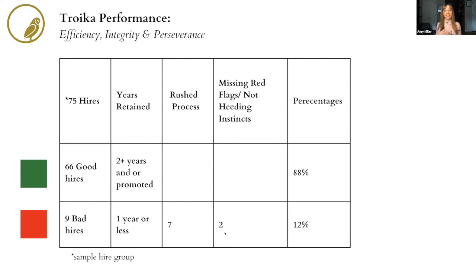I saw the red flags. The managers likely saw the red flags too, but maybe didn't heed their instincts. And I do hear this a lot. Often, I should say, when a hiring manager reaches out to me to help backfill an opening where the candidate was in place for around a year or maybe even less, they almost always tell me that they had a concern. There was a red flag, but they either ignored the red flag or thought that they could,